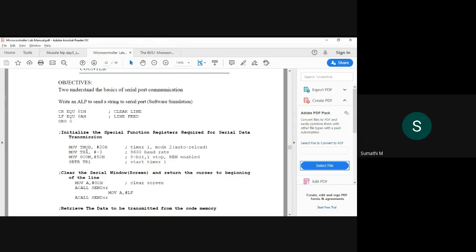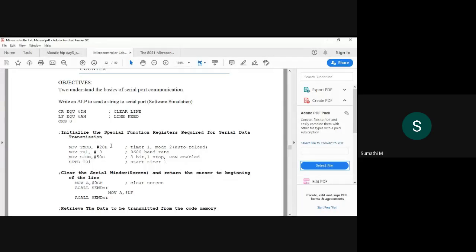Now, serial communication, as I told, whenever you send some data, it has to be with a start bit and a stop bit. It has to be framed, isn't it? So that is through SCON, the serial control register, 50h. This is the packet, 8 bit plus one stop bit frame serial communication, which is already told in the theory part. It's explained. Fine. So these are the basic settings. I do it, then I start the timer.